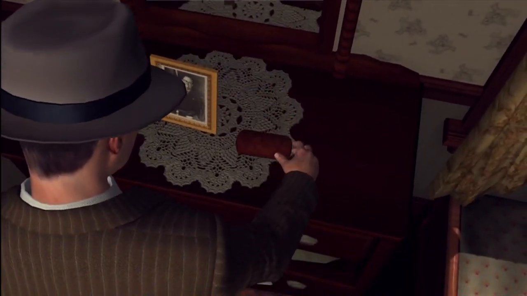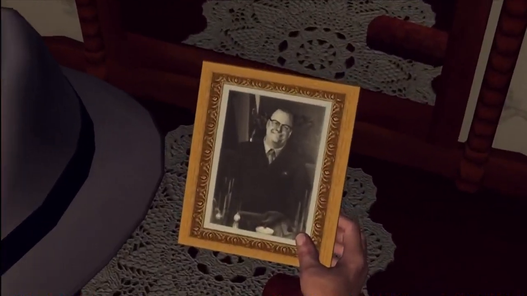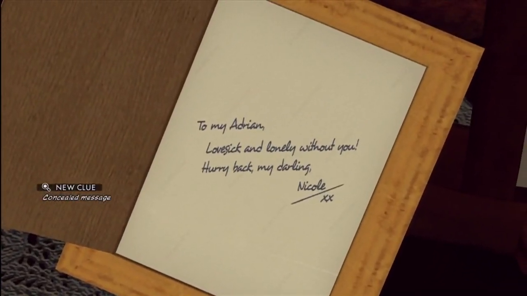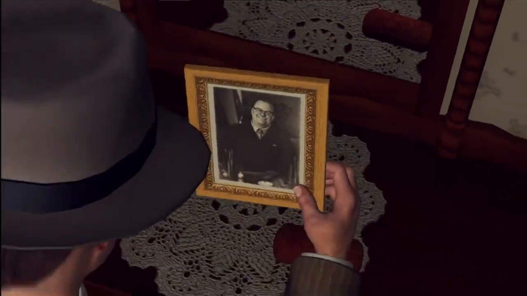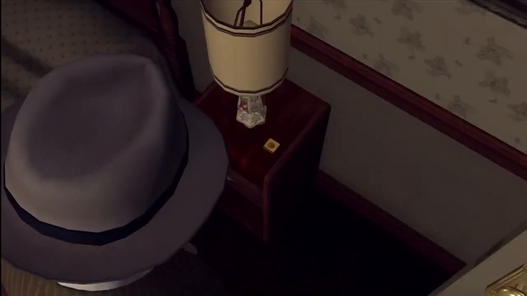And then you're going to want to pick up this photograph. And again, you want to further investigate it by hitting A again, now that you're holding it. And you open up the back and see this concealed message. There we go, new clue. And we are going to have to use that in our conversation with Mrs. Black to prove our first lie, which gets you an achievement. Over here,